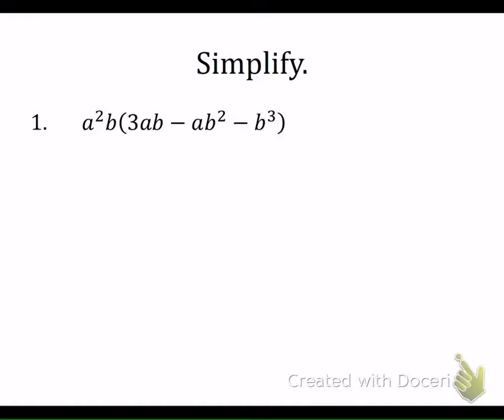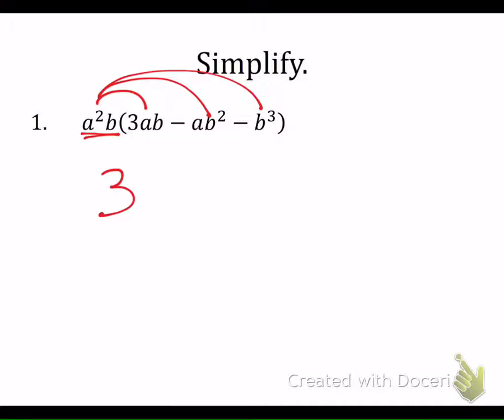Here is our first example. Everyone know where we are in the notes? Okay. So how would I start a problem like this? You distribute. So when we have a monomial, one term, being multiplied by a polynomial in parentheses, we just distribute. If you want to put a 1 here to help you out, you can. It's not really necessary. But when I multiply each term, when I multiply by the first term, I still have